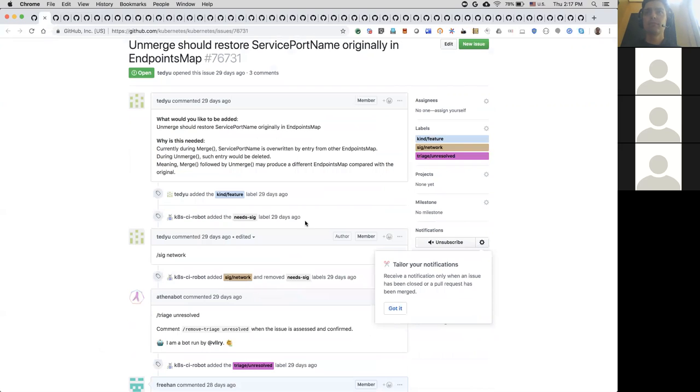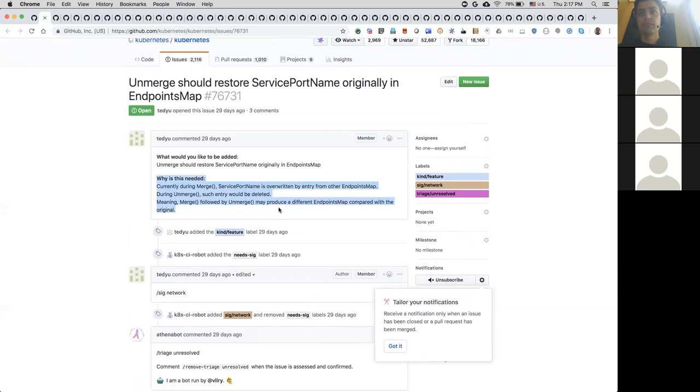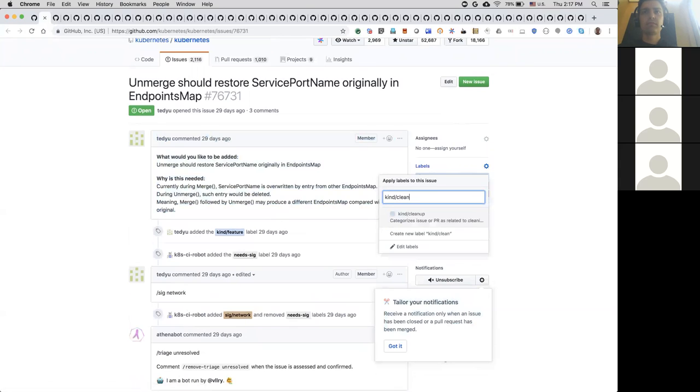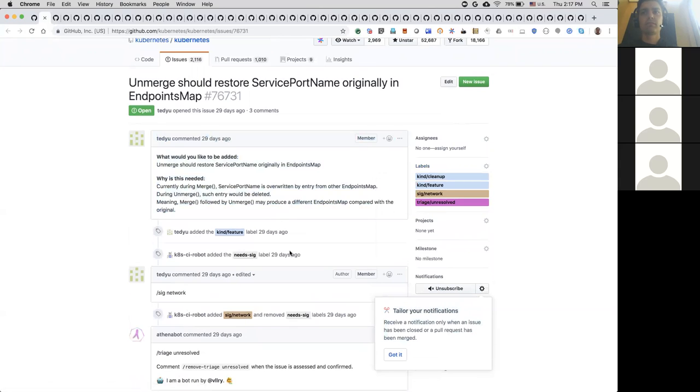Also on the last one, the IPVS proxy only does that once on startup, so it's not a huge deal. Okay, cool. So it looks like a cleanup. Is this a good first issue? It seems like a very local change. Yeah, that's a good point.